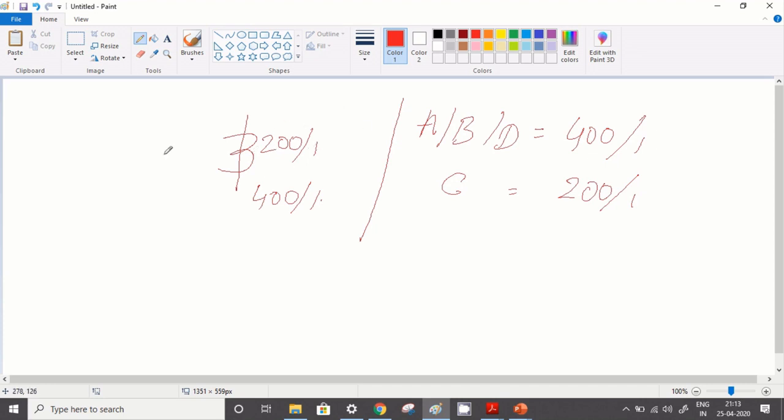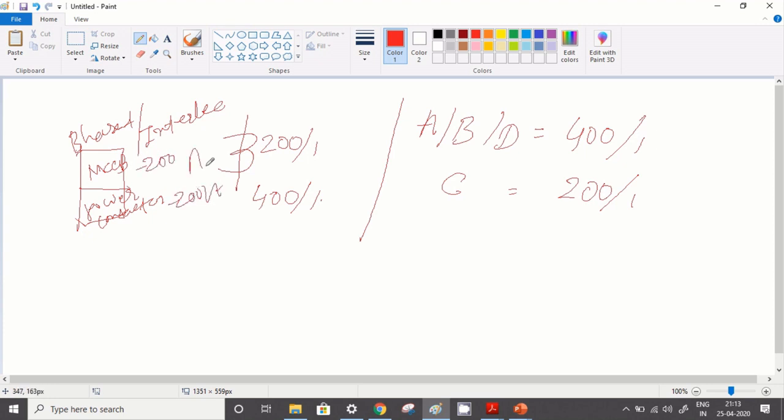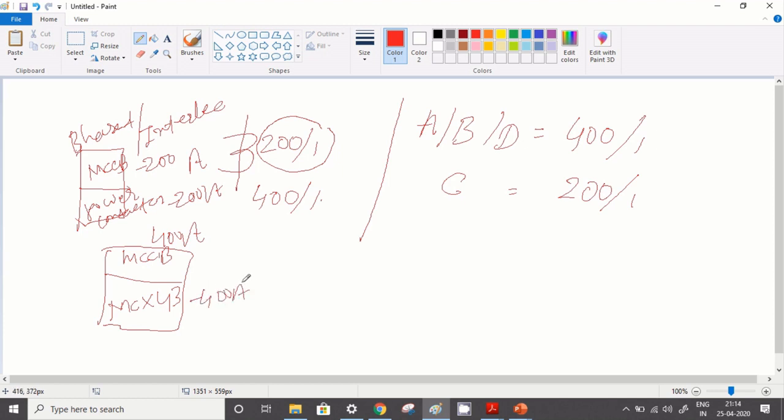So before configuring this, you have to see your panel. When you open your panel, you see that a make is mentioned, like Bharat make or Interlake make, and that there is an MCCB section and a power contactor also. If your MCCB and your power contactor are 200 ampere rated, then you have to select a CT of 200 ampere by 1. And if you have a bigger power panel where your MCCB incomer is 400 ampere rated and your power contactor is MCX43, then